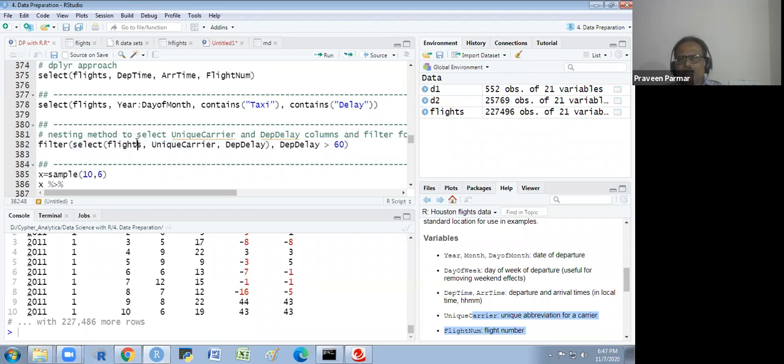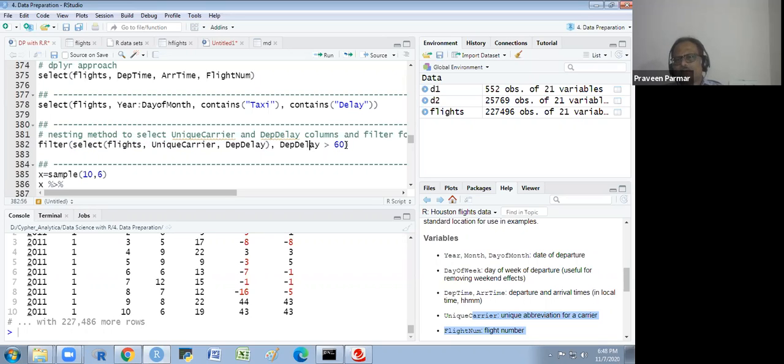First we select the column, then we filter it. So I am selecting two columns, unique carrier and the departure delay. So I have selected these two columns. And then in departure delay, I want to filter for greater than 60.